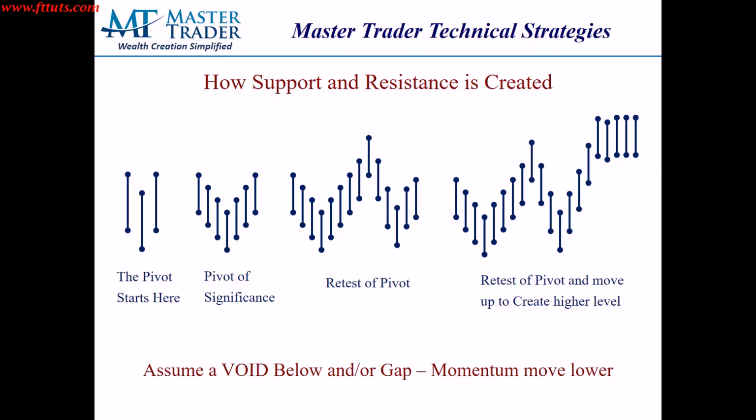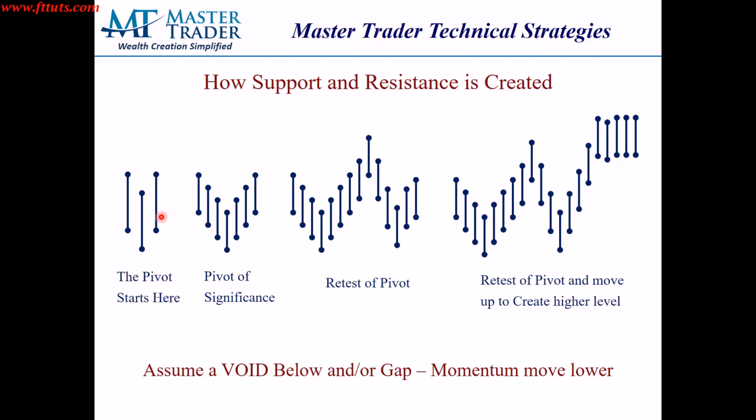Let's talk about how support and resistance is created and break it down into its smallest component. We understand how this actually develops and how to read it. And we will then talk about this in the trend section as well as we put that together. But pivots start here with a bar